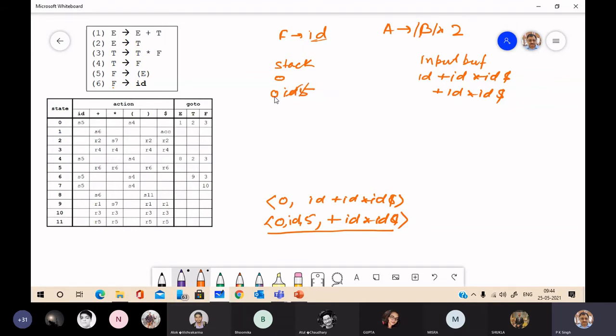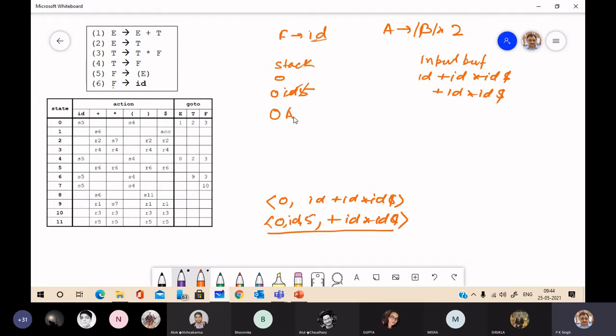Now 0 is on top. You just recall the discussion I have told you. You have to record this state 0 after popping out the states and push in the left side of the production. You will get 0A.